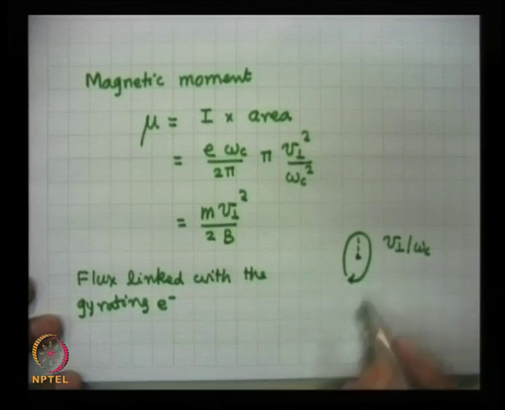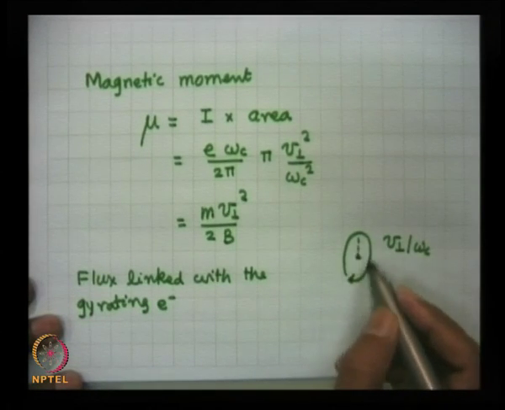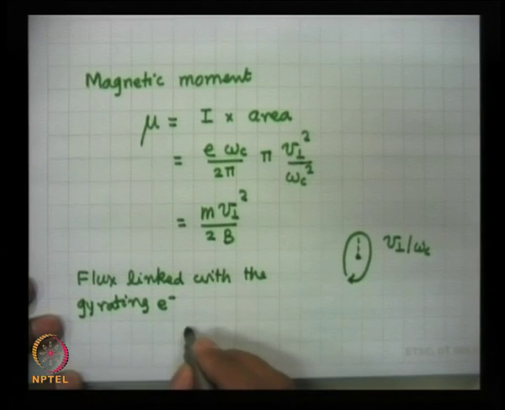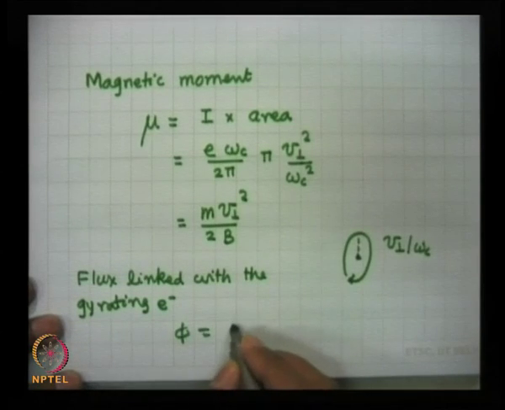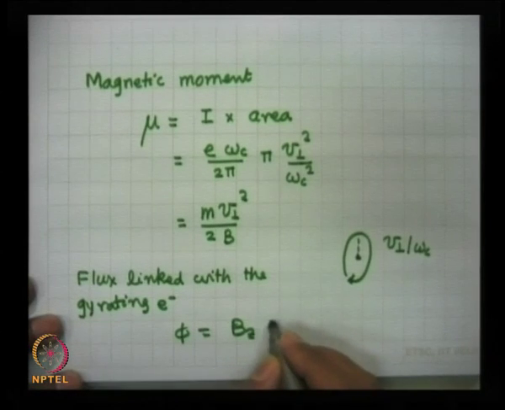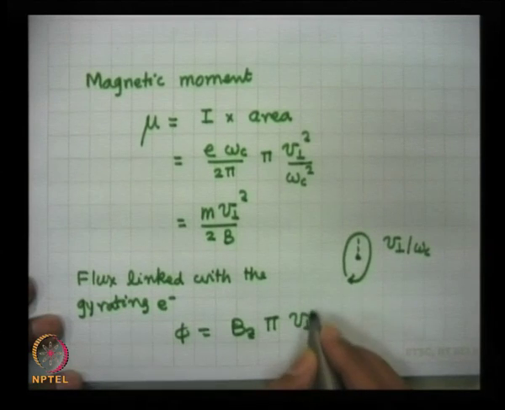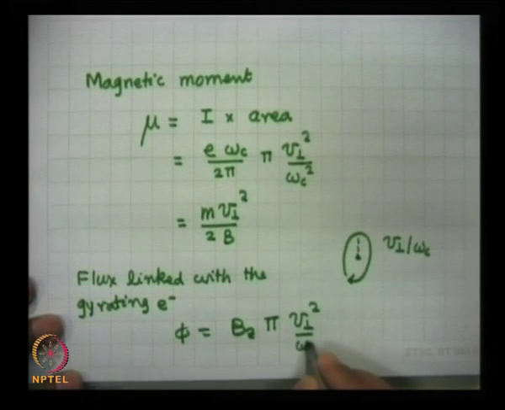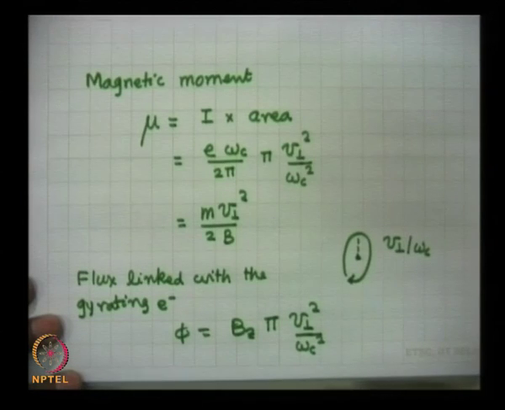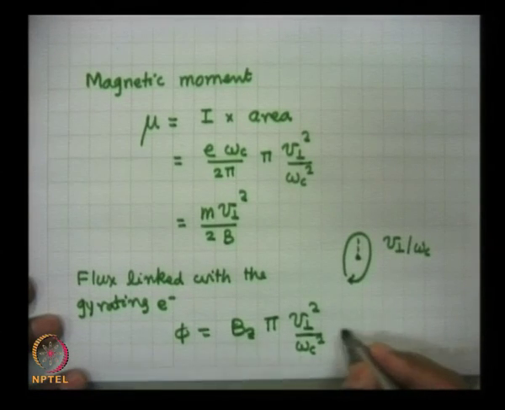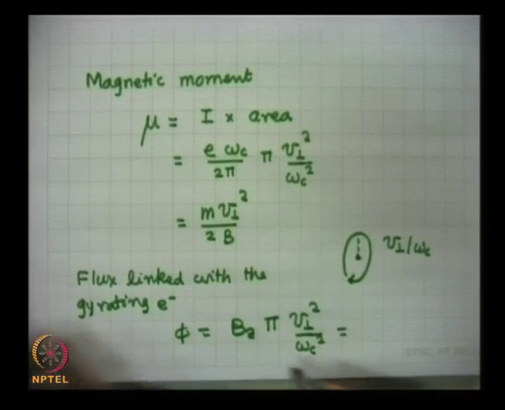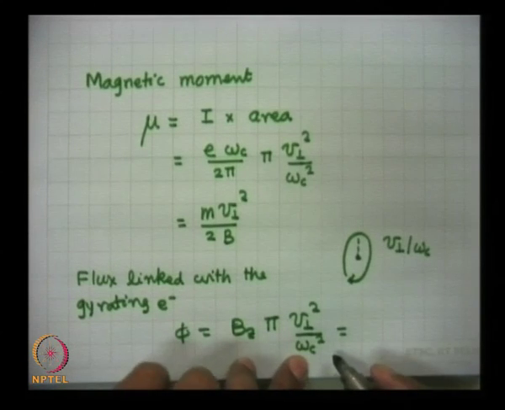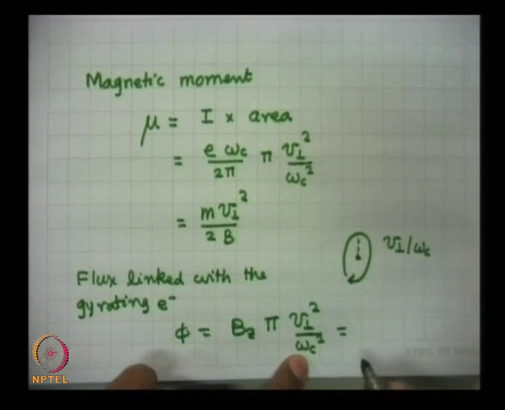It is a product of magnetic field into area. So, phi is equal to magnetic field B_z into area, which is pi V_perp square upon omega_c square. One may recognize that this quantity, if I put omega_c as eB upon m, can also be written as